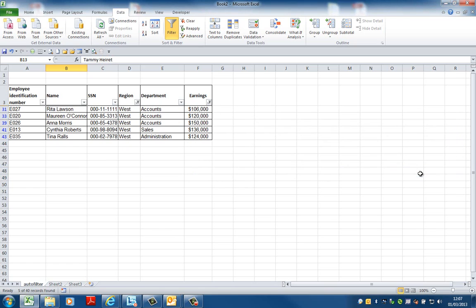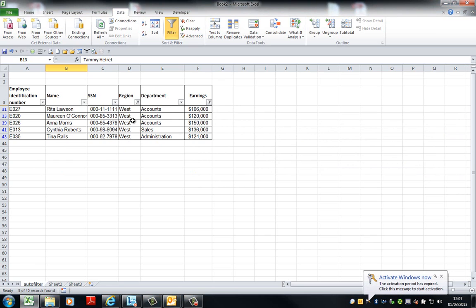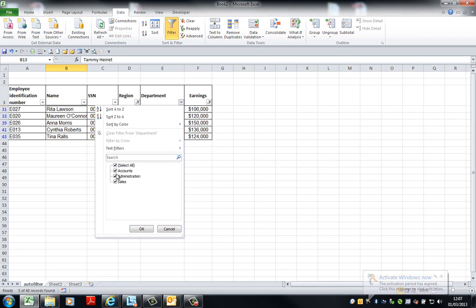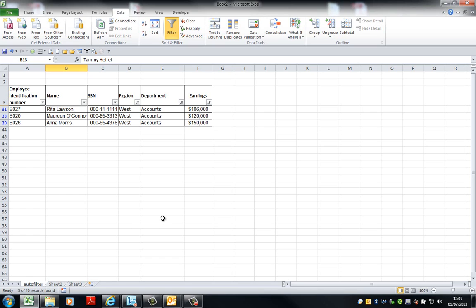Click on OK. And there I can see two filters applying now. Filters applied there to West orders. And then I could even apply a third filter and say I just want to see it for accounts. Obviously, this is a short list, but if you've got 500-600 records, that's where this can really help narrow